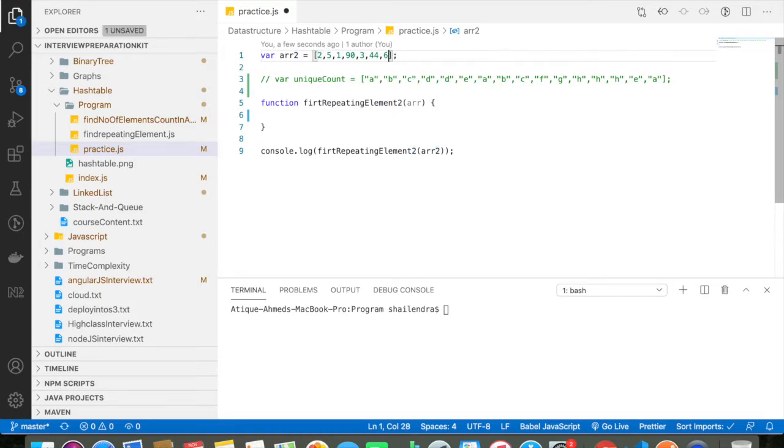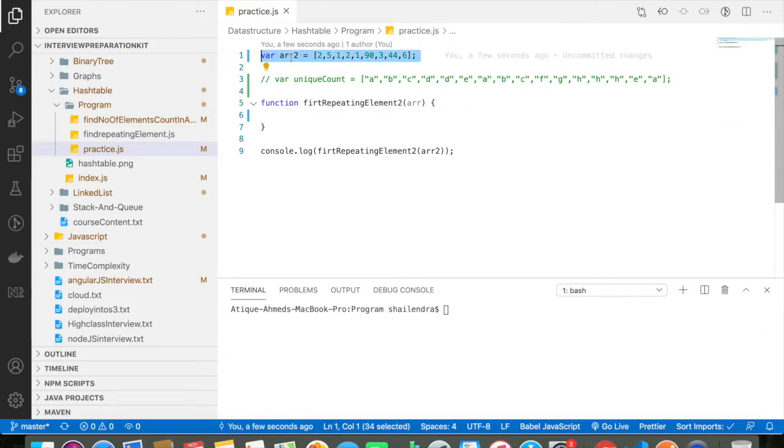So let me do one thing. Let me put the 2 here. So you can see that 2 occurs, and let me put 1 here as well. So right now 2 occurs first, which is a duplicate, and my array will terminate right there, and it will say that 2 is already present in the array, which is the first duplicate.